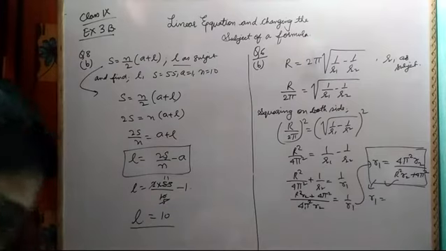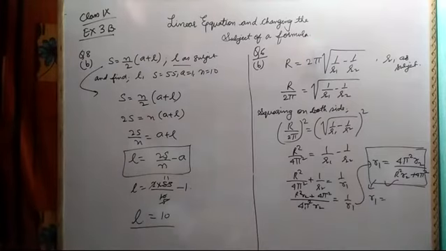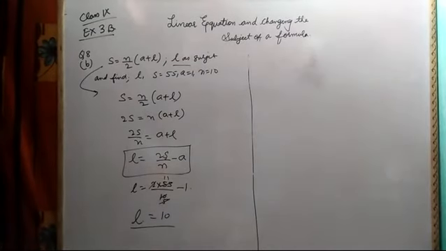Now I actually forgot to solve one question from exercise 3B, question 4B, which I will be discussing now. Question 4B says the sum of a 2-digit number and the number obtained by reversing the digits is 99. Means we are having 2 numbers, the original and the one with reversed digits. Write an equation of the digits. Ones place is x and tens place is y.